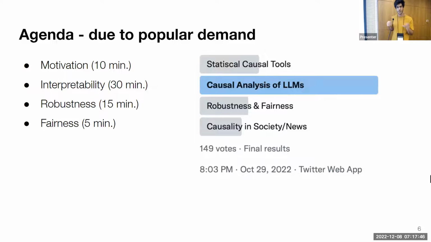And I will try to stick to popular demand. It seems that people in NLP are increasingly more interested in doing a principled causal analysis of language models, or specifically large language models, and maybe less interested in issues with respect to robustness and fairness. As I will show, they're all deeply entwined and entangled with one another, so it's not going to be a very clean way of separating them.